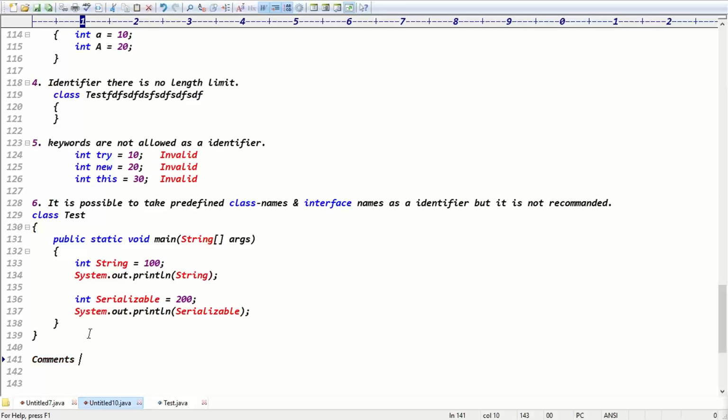Did you discuss comments in Java? Comments are basically to write descriptions: single-line and multi-line comments. Comments are used to write descriptions about application logic. Project-level comments are very, very important because today we are developing an application.